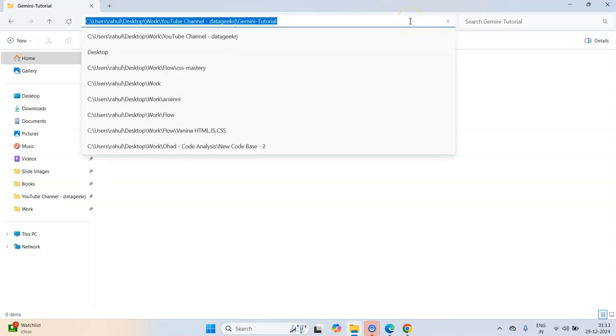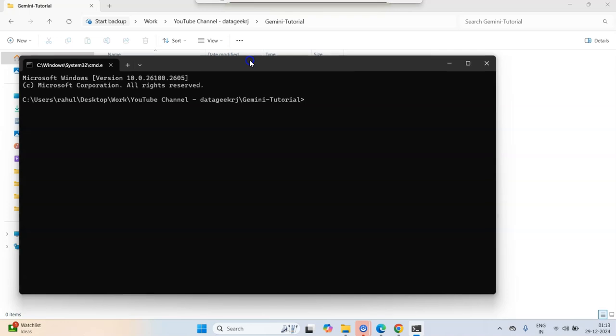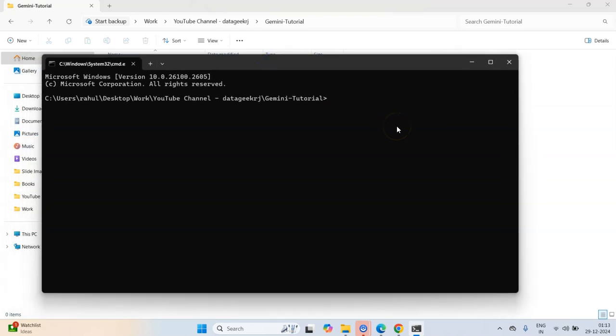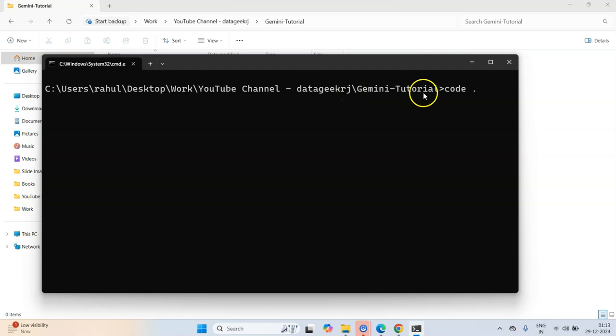You are free to use any code editor that you feel comfortable in. I'll open command prompt in this folder that I just created. Now in this folder, I can open Visual Studio Code by hitting code and this dot. This will open the Visual Studio Code editor within this folder.